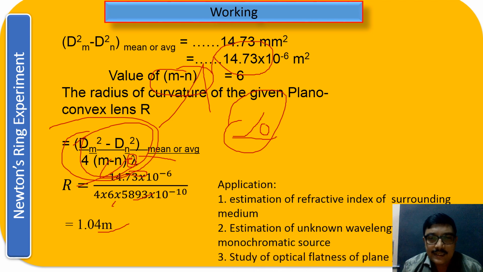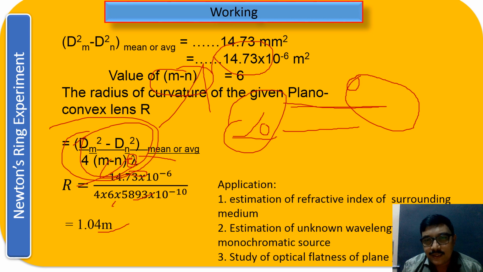And then I can check the optical flatness. Below the plano convex lens there is a glass plate. Now if the surface is not uniform, then the thickness, just see, this is one of the circles. Now the thickness of this circle or the rings won't be uniform if the glass plate is not optically flat, right? Imagine it is not optically flat, you see the ring pattern, then you take out the